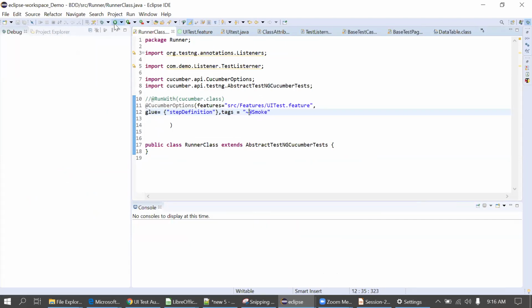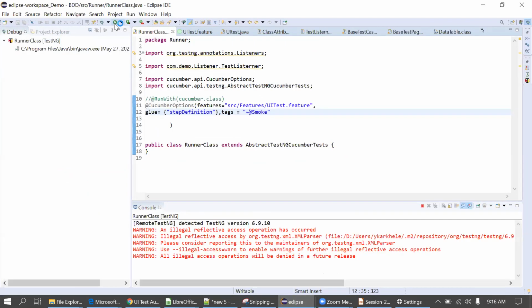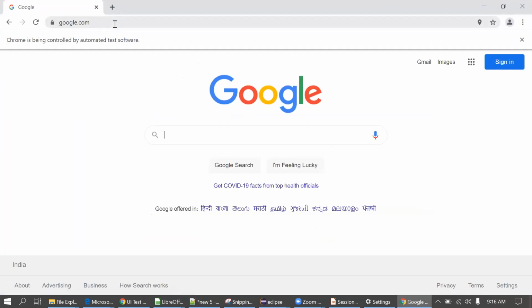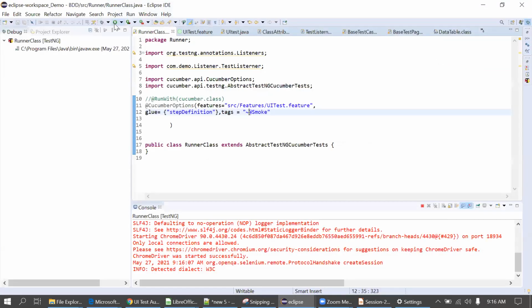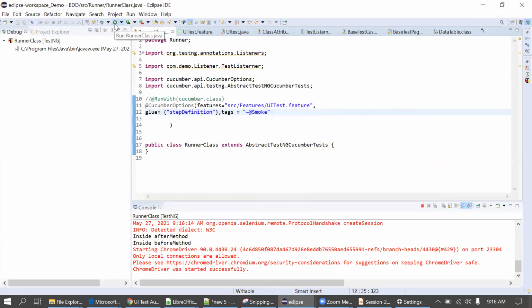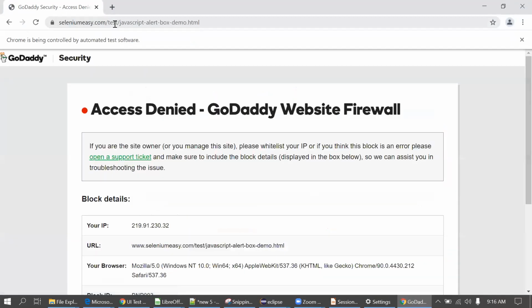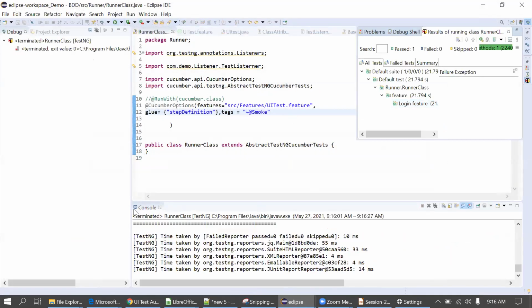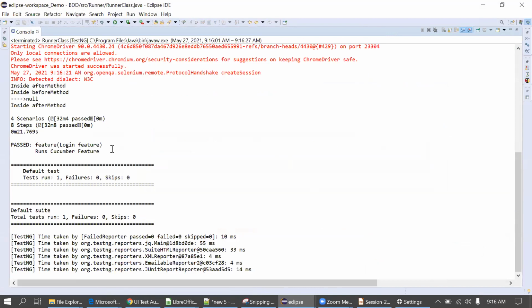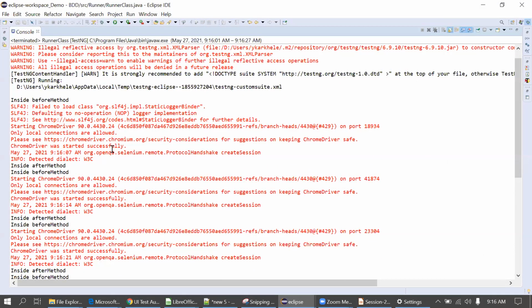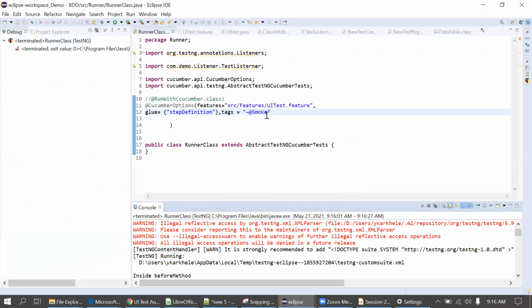Now executing this runner class again. You can see the test cases which don't have the smoke tag got executed this time. So this you can also do.